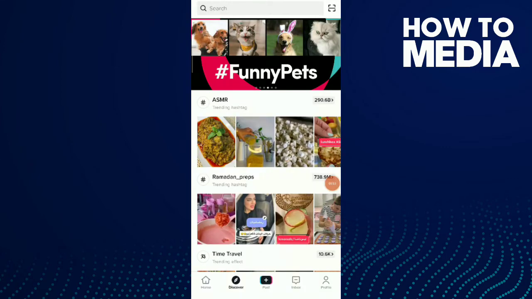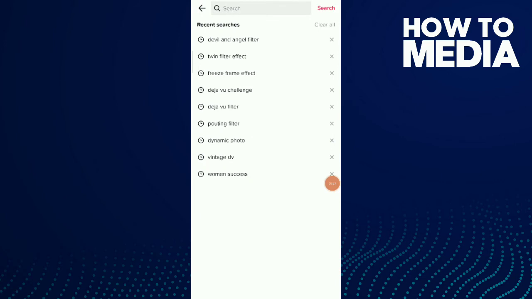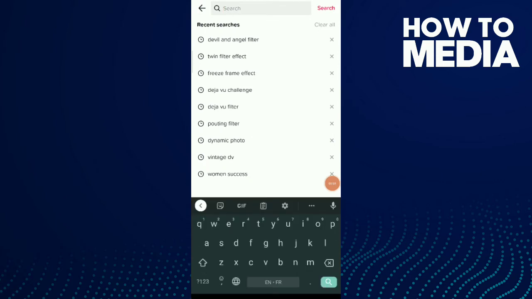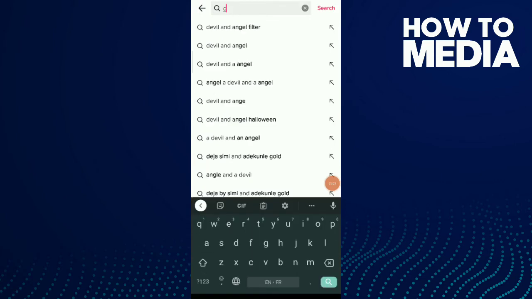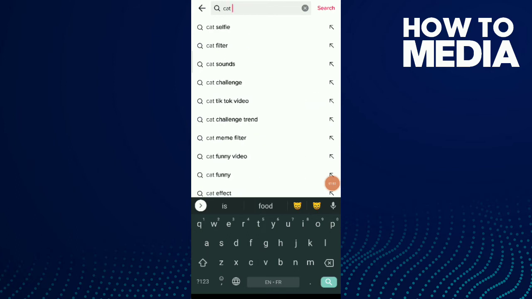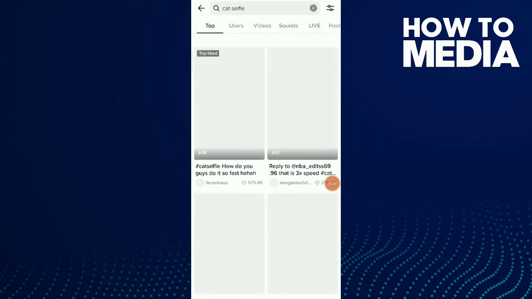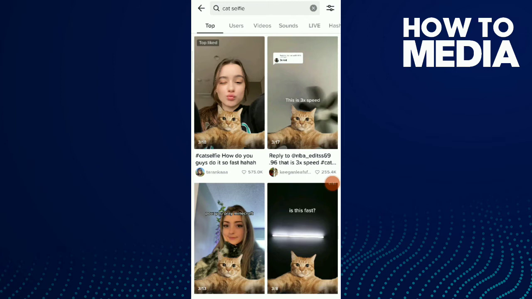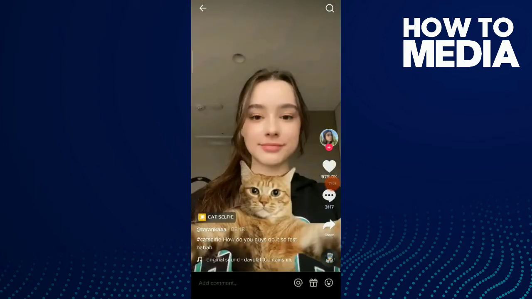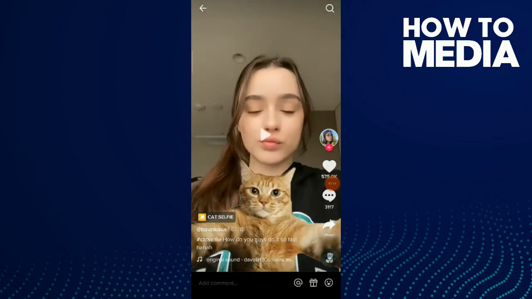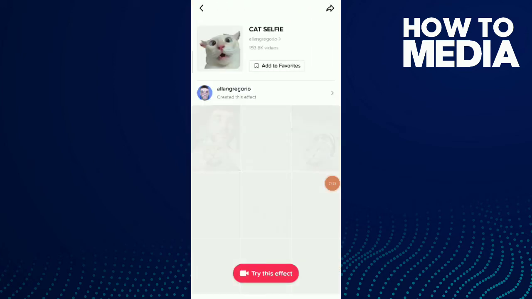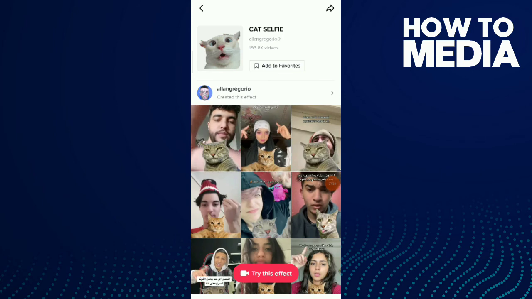And if you didn't find this effect on your filter trending, go back, tap on discover, tap on search, and tap cat selfie. Choose one video, and now tap on cat selfie filter. Tap on try this effect,